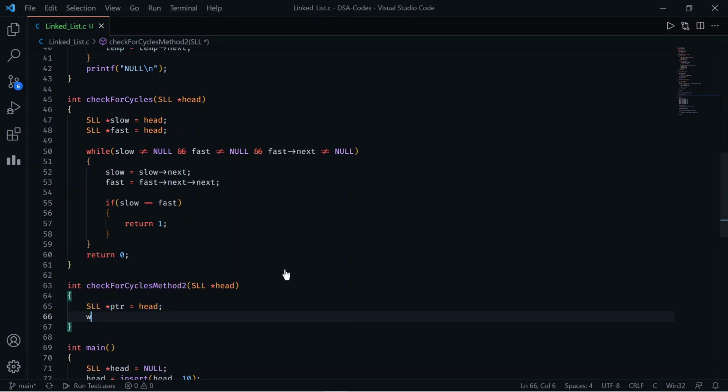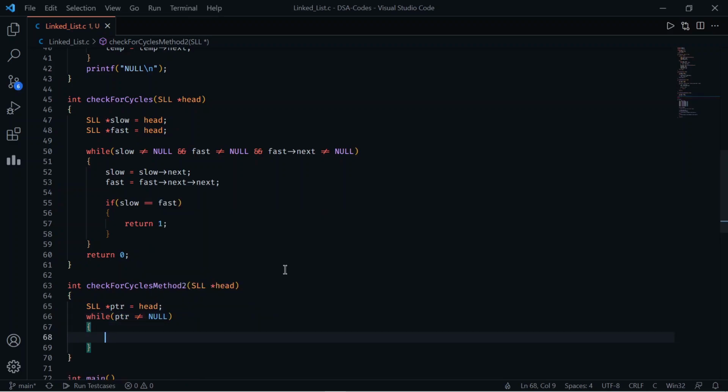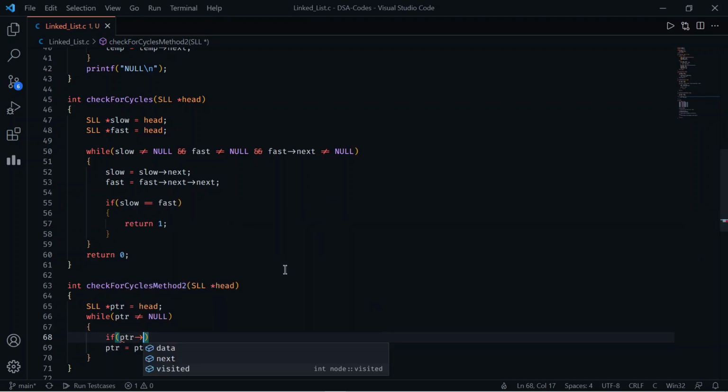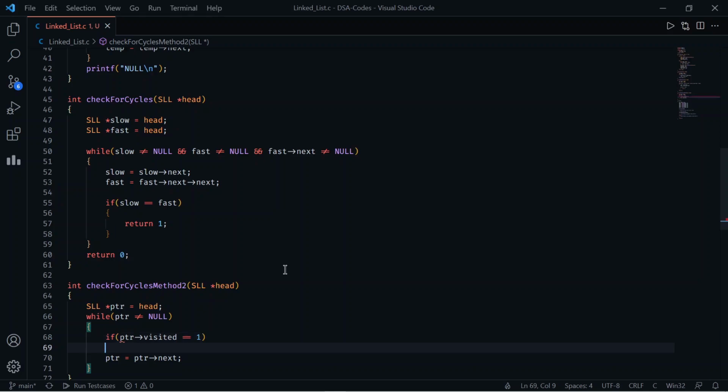So we can use a while loop for this. While ptr not equals to null, we can say that ptr equals to ptr arrow next. But what we have to check is if ptr arrow visited equals to 1, which means the loop is present in the list.